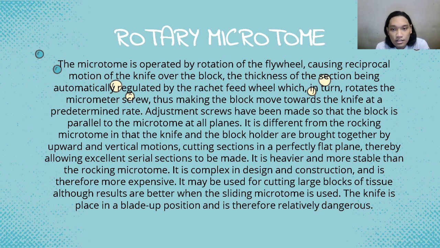The thickness of the section is automatically regulated by the ratchet feed wheel, which in turn rotates the micrometer screw, thus making the block move towards the knife at a predetermined rate. Adjustment screws have been made so that the block is parallel to the microtome at all planes. It is different from the rocking microtome